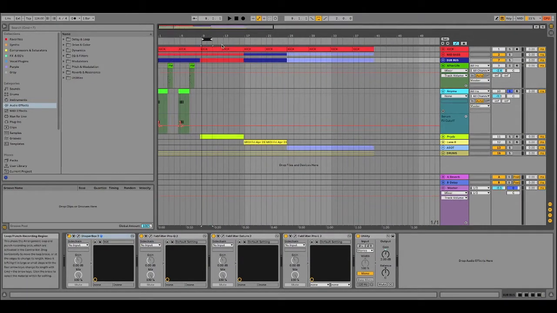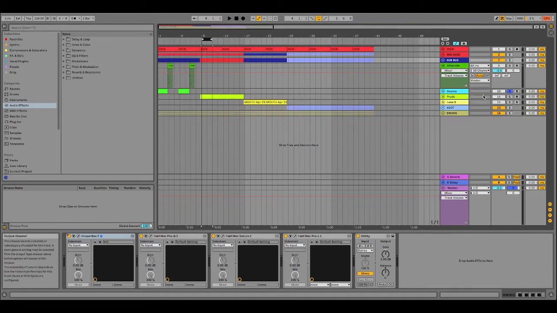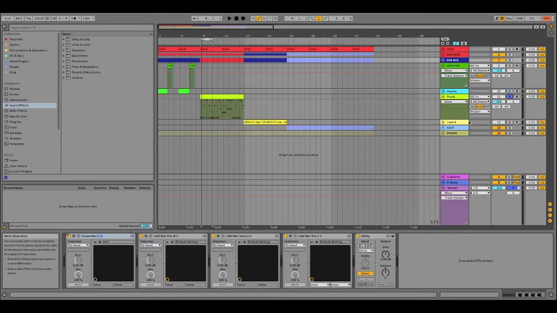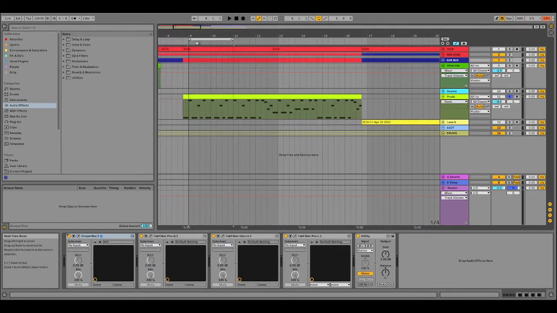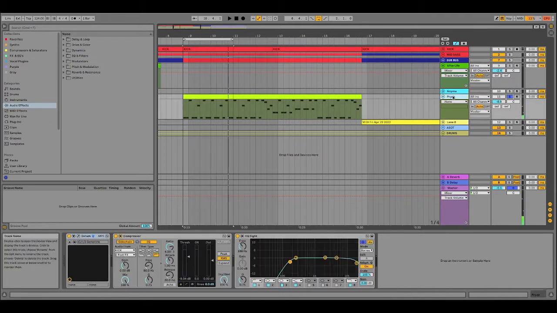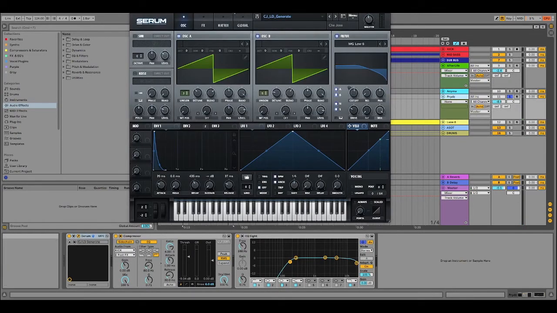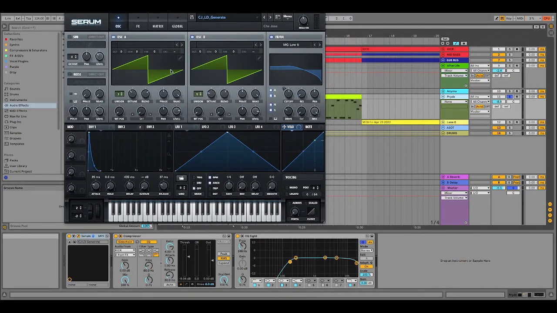If we move on to the next one, I created a remake of one of my favorite songs of all time, which is the Eric Prydz Generate single, and it sounds something like this. So this particular preset is actually pretty simple to do. It's essentially just 2 saw waves run in parallel with some cutoff and an MG low filter.